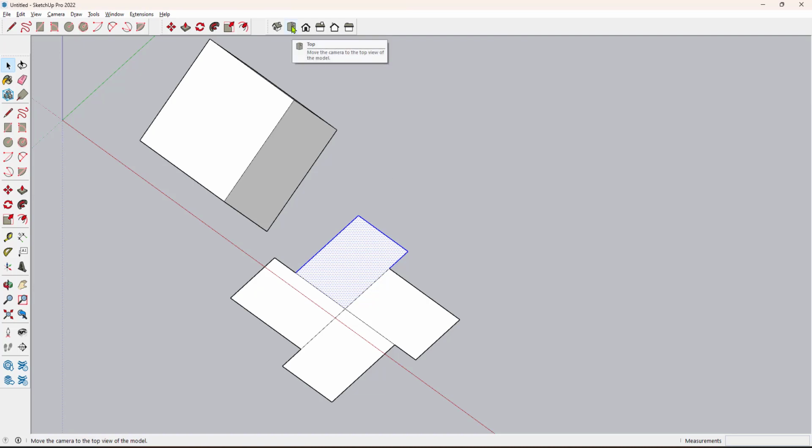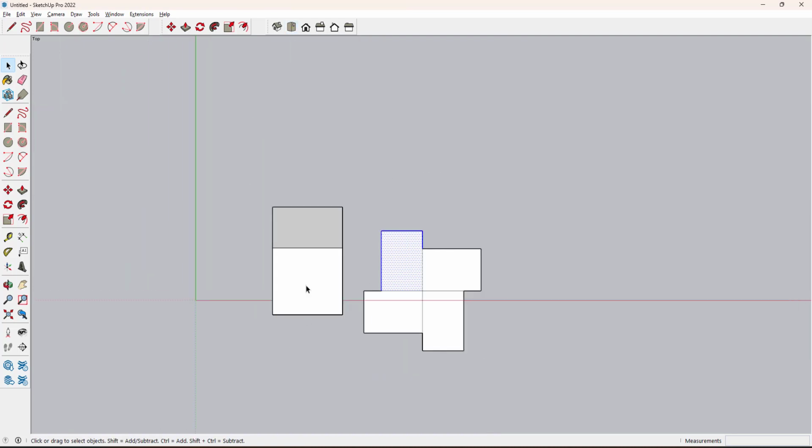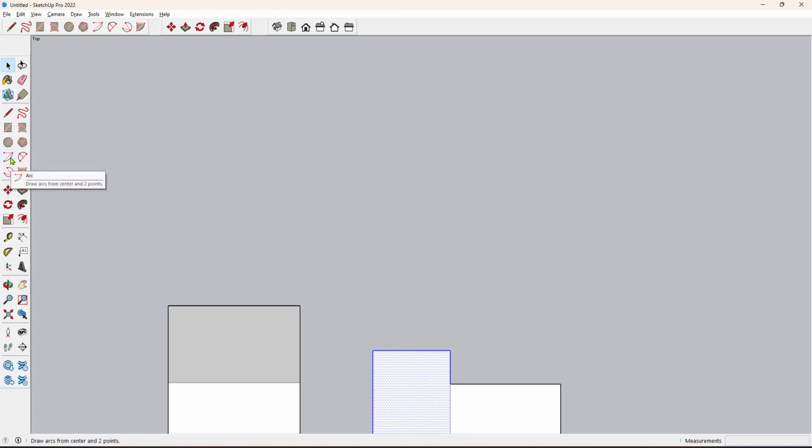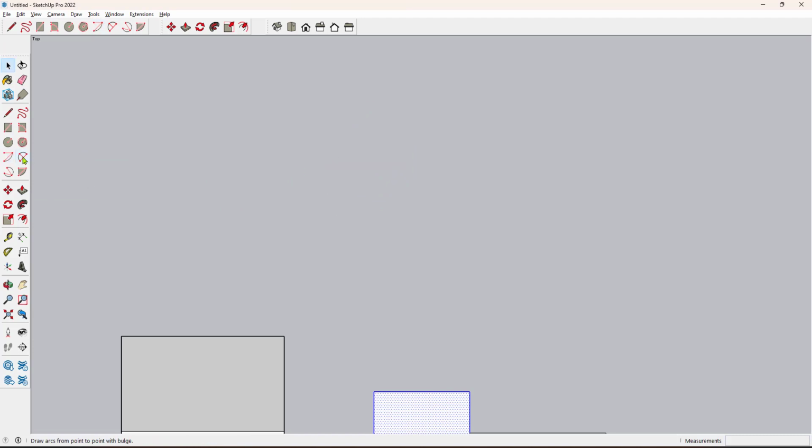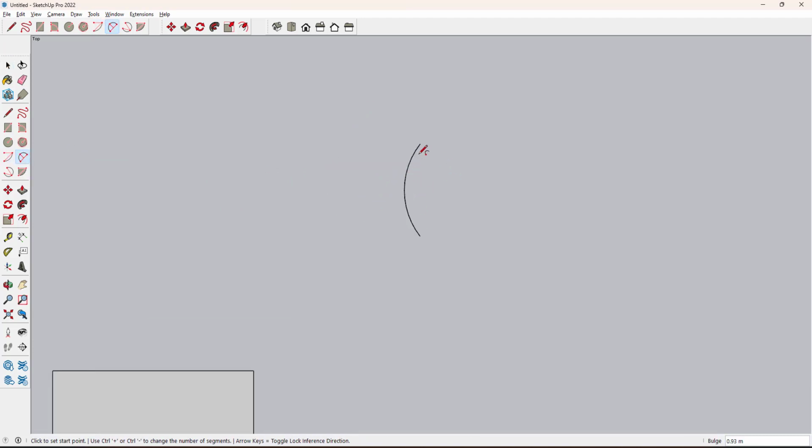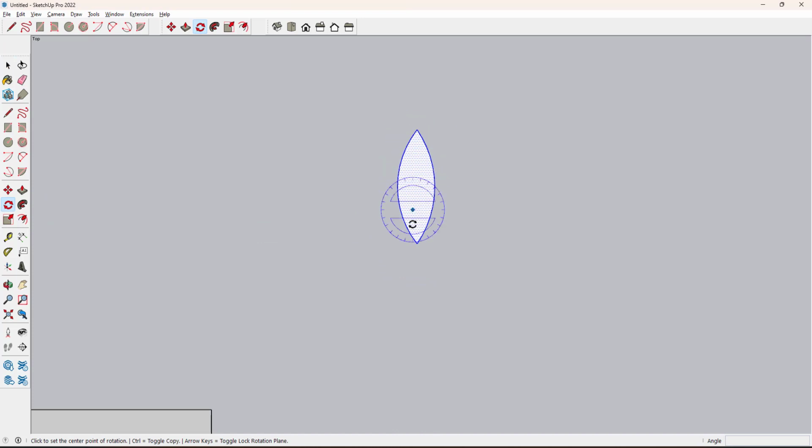For that I just press on the top view, and then I go with the arc method. First, second, and then a little bend I take. 2-point arc, 1, 2 and little bend, and again first, second and little bend in this direction. Once you form the particular shape, double click it and take the rotate. This is the angle of our plane of rotation. First point and second point. So you can rotate it like this in a particular direction.